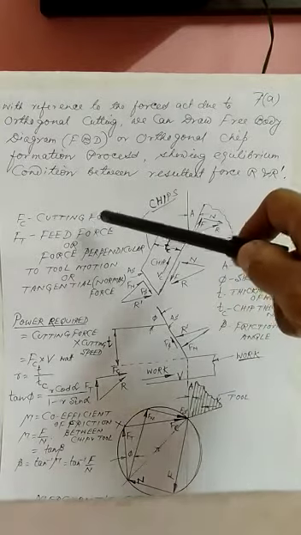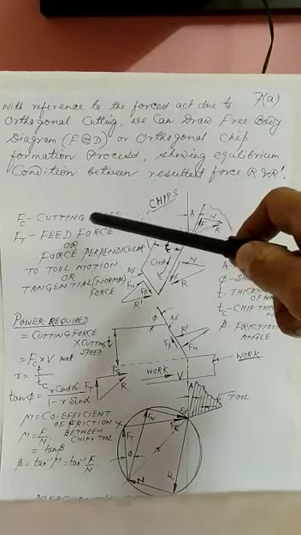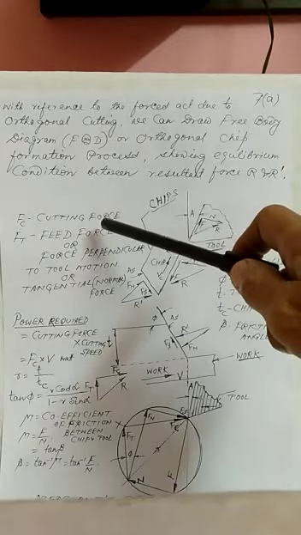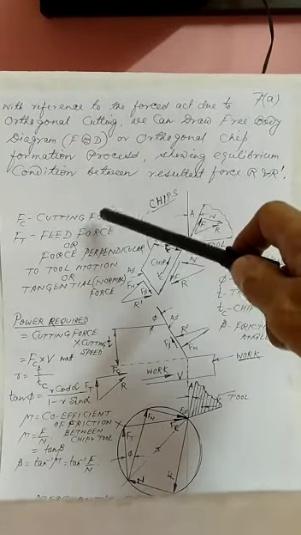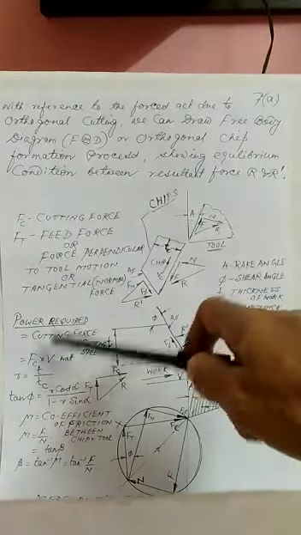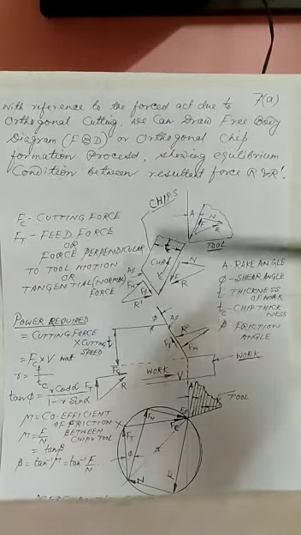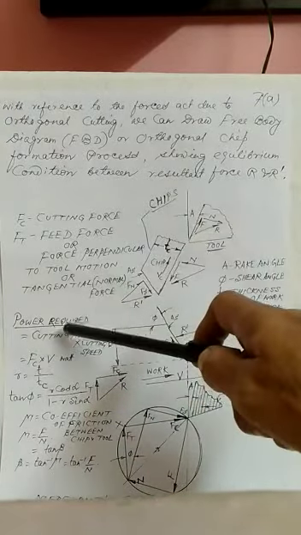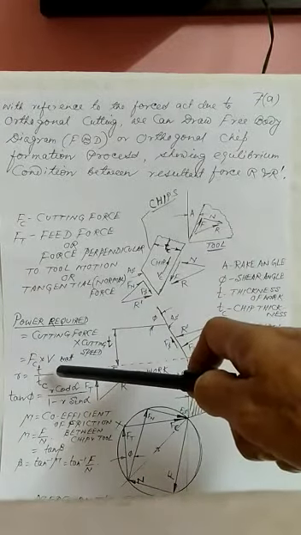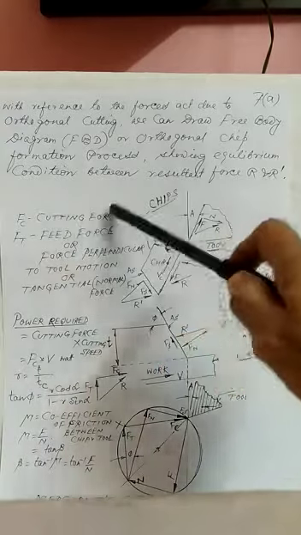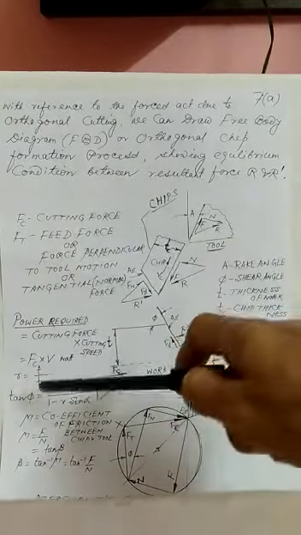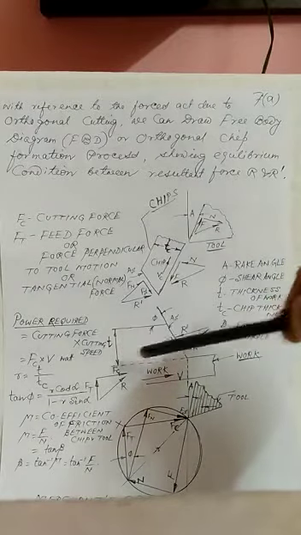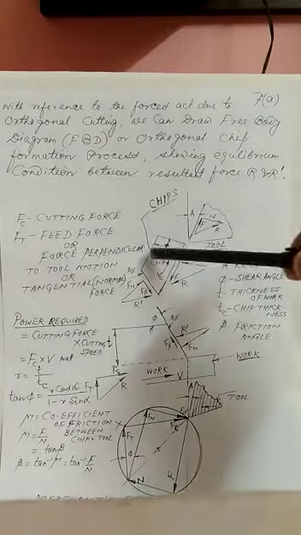Now this FC and FT we can observe through the dynamometer. These forces we can observe by the dynamometer in the workshop practically, and from this FC we can calculate the power of the machine in which this operation is being done. This power is nothing but FC into V. V is the cutting speed, FC is the cutting force, and r, or we can say t by tc. t means here the uncut thickness of the job, and tc is the thickness of the chip.